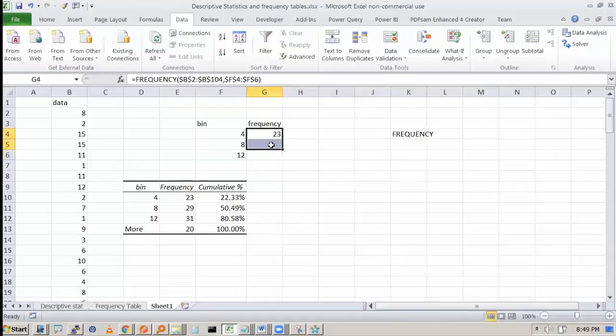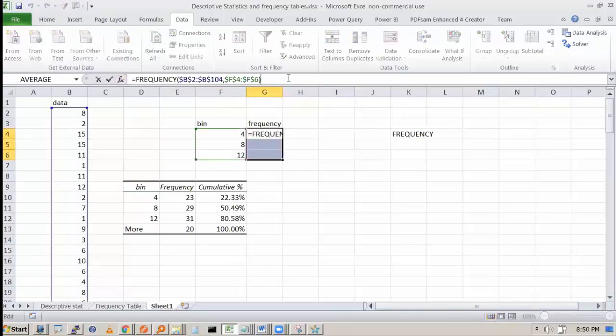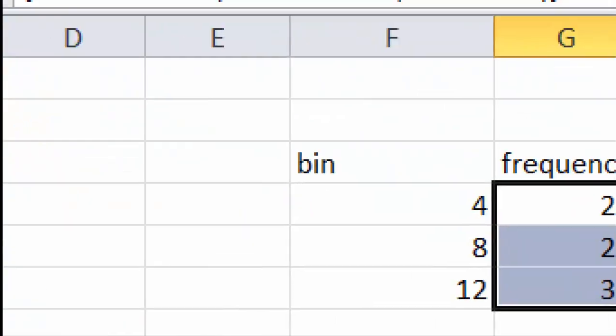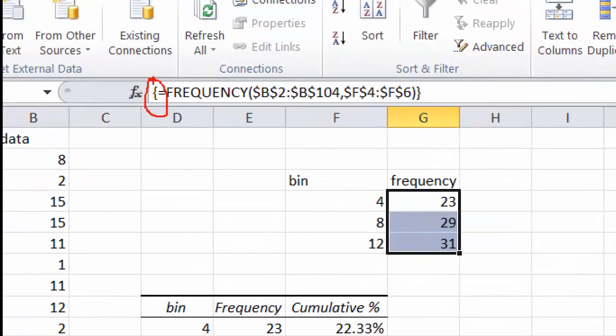So to handle it like an array function, you should select this area, write the formula, and then press Control Shift Enter. Please mind, Control Shift Enter, these three buttons you press, and you see that the values have come differently. And one more thing you will notice, once it is an array formula, the formula will have these braces at the start and at the end. So the moment you see these braces, it means that it is an array formula.